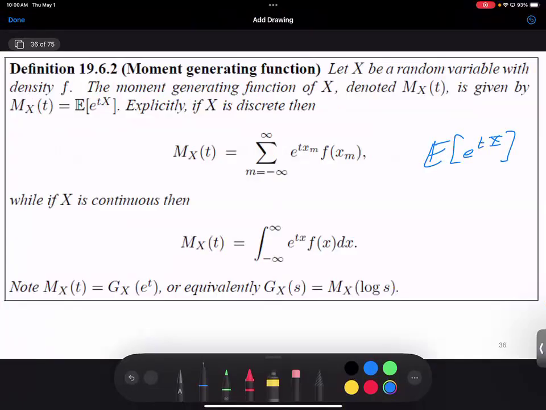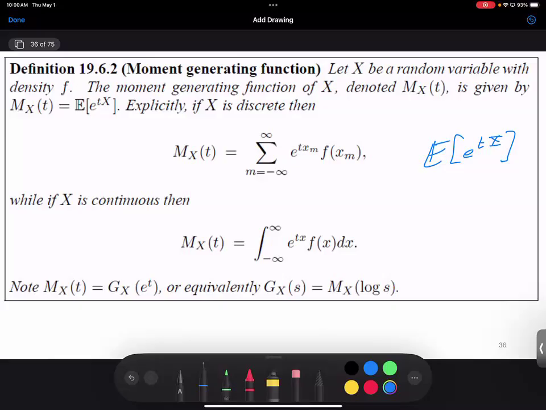And so it's not clear that the moment generating function will always converge. If I give you, for instance, a Cauchy distribution, its moment generating function will not converge for any t other than t equals 0. For other distributions, it might converge for positive t, but not for negative t, or vice versa. It turns out, and this is where we need complex analysis, if the moment generating function converges in a small neighborhood about the origin, then life is great. But we need a small neighborhood in both directions.